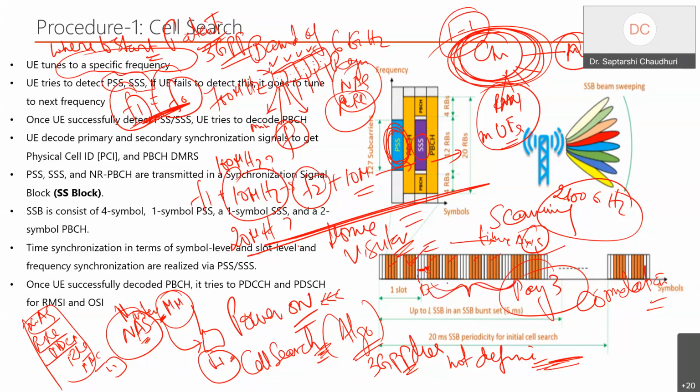So he keeps on doing the iterative search here, takes the samples, does the correlation, takes the sample, does the correlation, and suddenly he may find out, hey, my local PSS is matching with my received PSS. So I'm very close now.